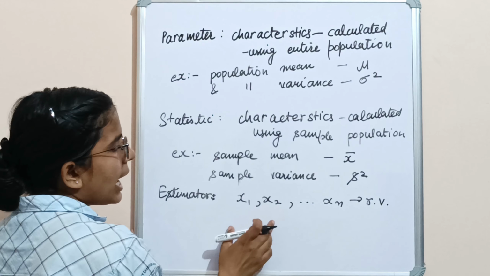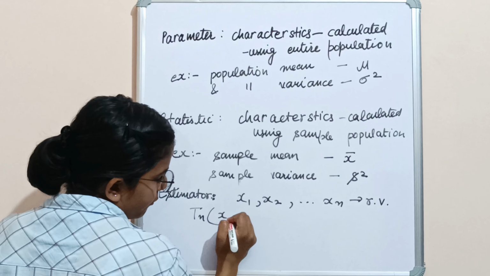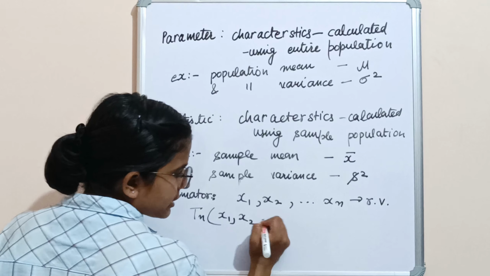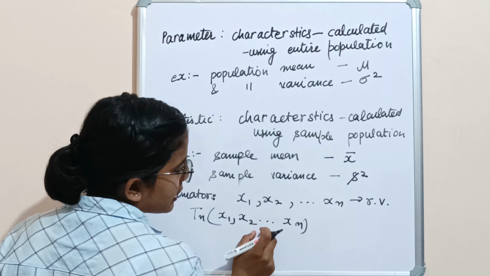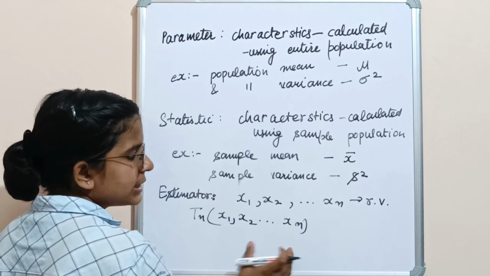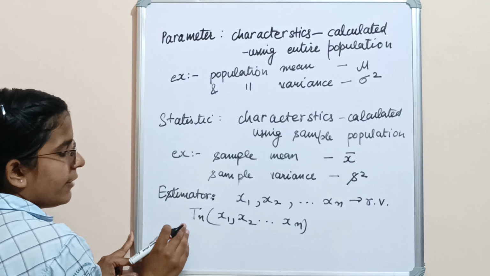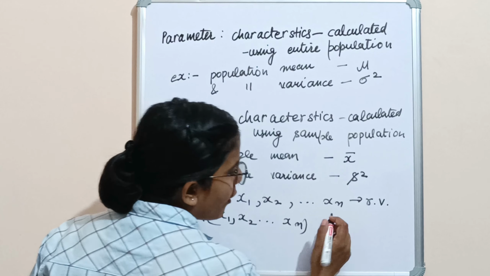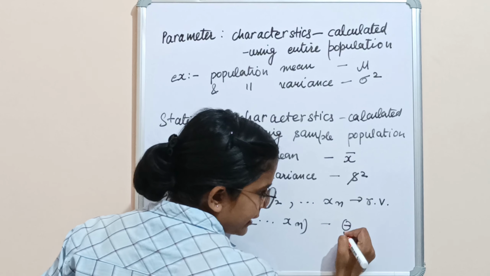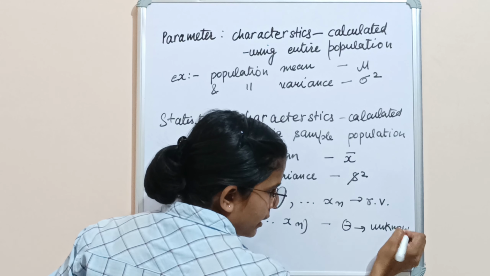If I build a function, say Tn, which is a function of x1, x2 till xn, these random variables, and it is used to estimate the value of an unknown parameter theta,